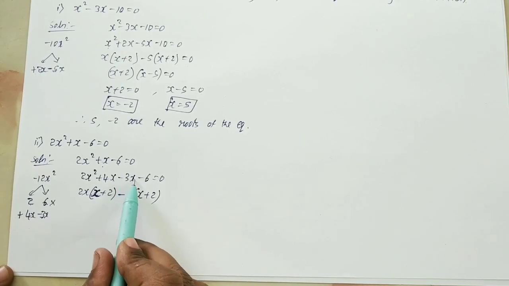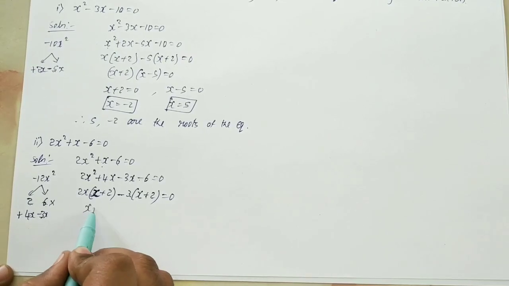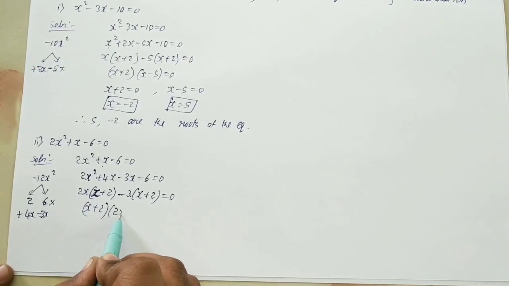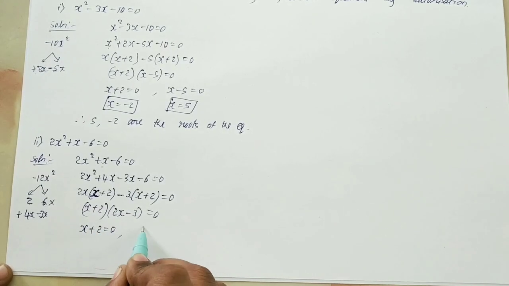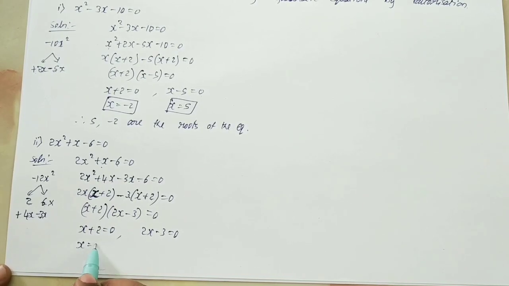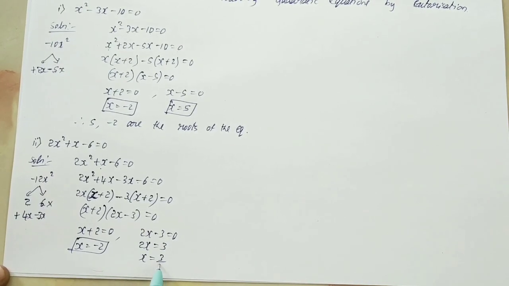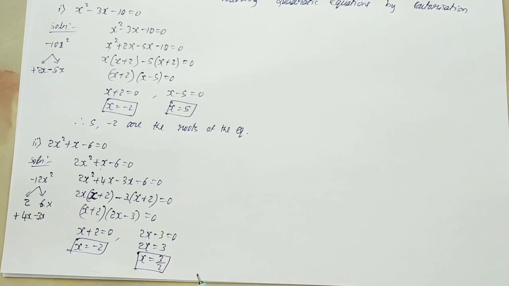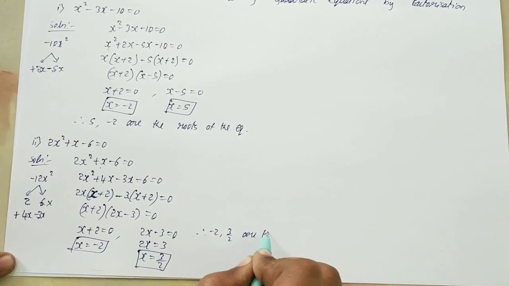Now see here, minus 3 into x, minus 3x, and minus into plus minus, 3 2s are 6, is equal to 0. So here x plus 2 is common, right? Remaining here 2x and here minus 3 is equal to 0. Now x plus 2 is equal to 0 and 2x minus 3 is equal to 0, right? So x is equal to, if I shift plus 2 to the RHS, it will become minus 2. Next, 2x is equal to, if I shift minus 3 to the RHS, it will become plus 3, and x is equal to 3 by 2, right? So these are the zeros of the given equation. Therefore minus 2 and 3 by 2 are the zeros